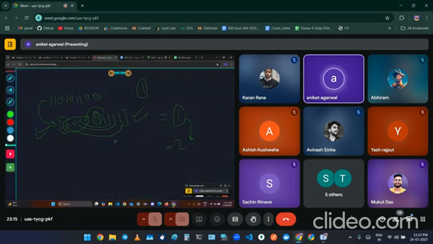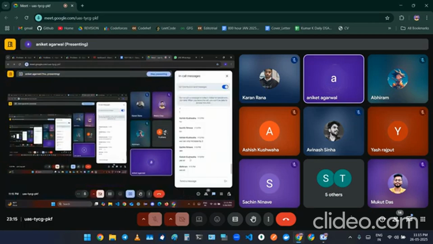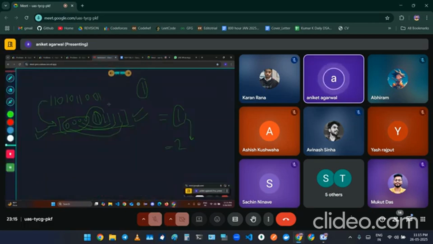Guys, just respond if it is clear that sorting the string will give you the minimum number of good pairs, because when you sort, the zeros will be matched with the last element. So the first zero will be matched with the last one, and the second zero will be matched with the second last one. So this is the optimal configuration to get the minimum number of good pairs. Isn't it, guys? Okay. So this configuration will give me the least I can achieve, and this configuration can be achieved by